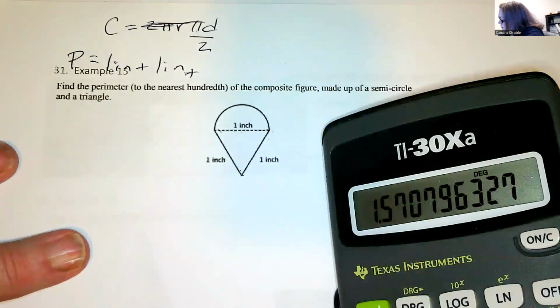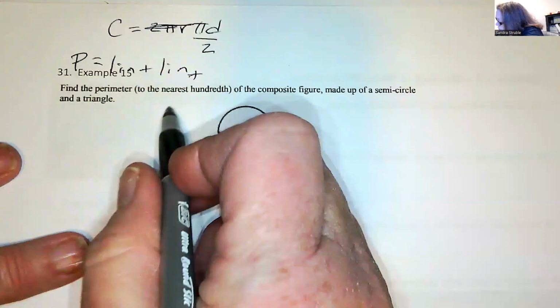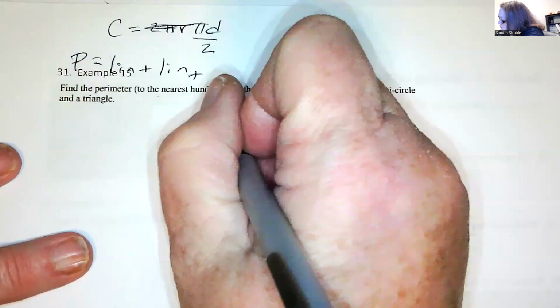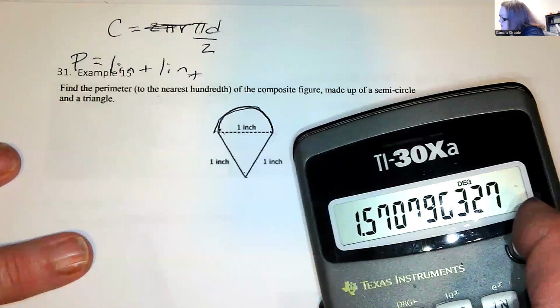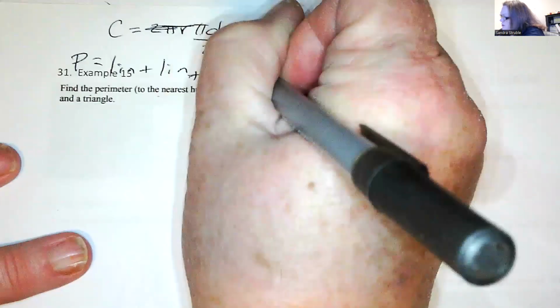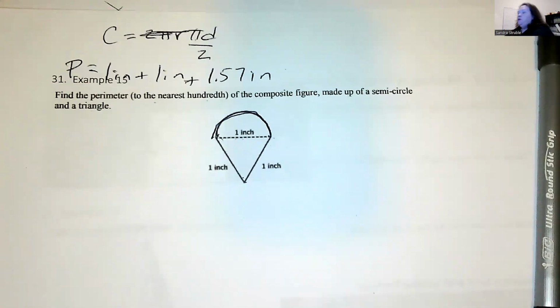So that's 1.57. What are they having us round to? The nearest hundredth. So for this circumference, for this semicircle, it's 1.57 inches. Oh, give me just a second. And pause. Okay, let's finish this up. So the perimeter for this